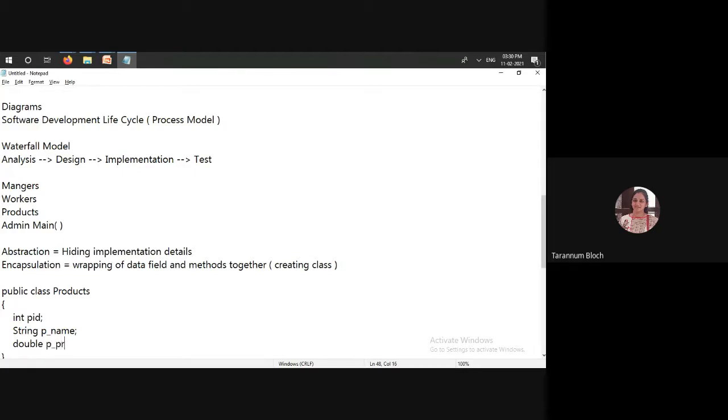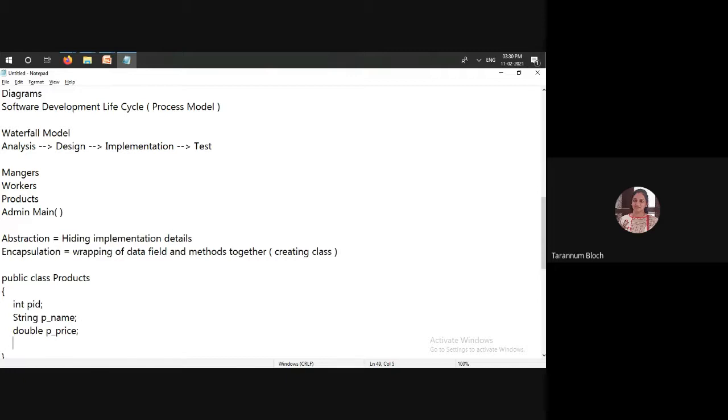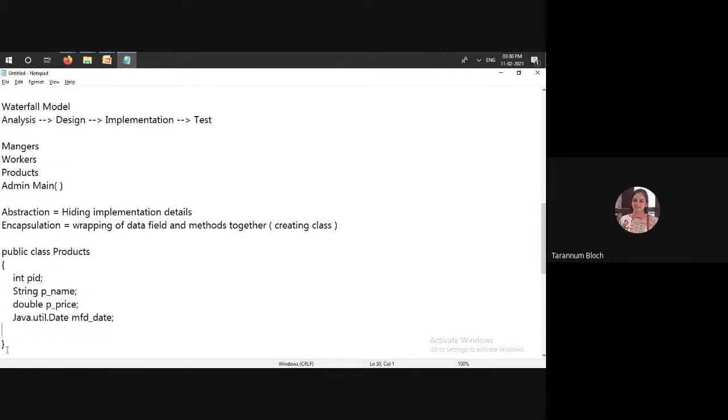And if this is for factory management, we have to take details like we'll say java.util.Date, and we will say manufacturing date, mfDate, right? As well, we have to also give the expiry date. Yes or no? Because each and every product gets expired, right?